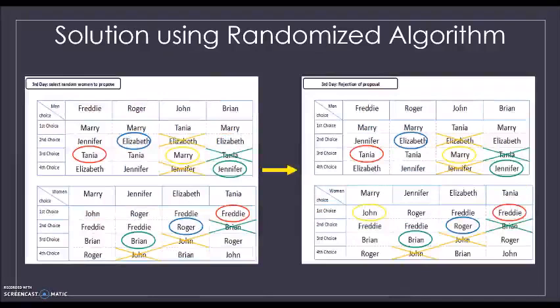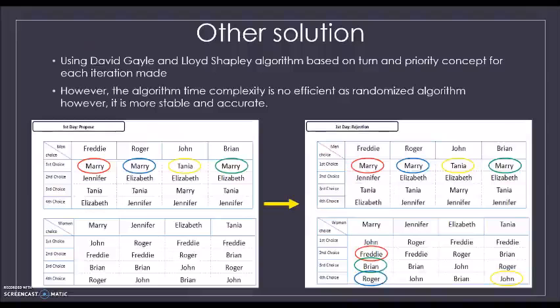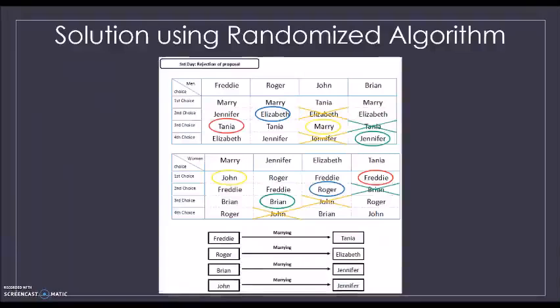Now John chooses Mary. Mary, let's see, no one else chose Mary. So they all have partners already. So that's it. Everybody has a partner, and on average everybody got their second and third choice, except for Brian, who got